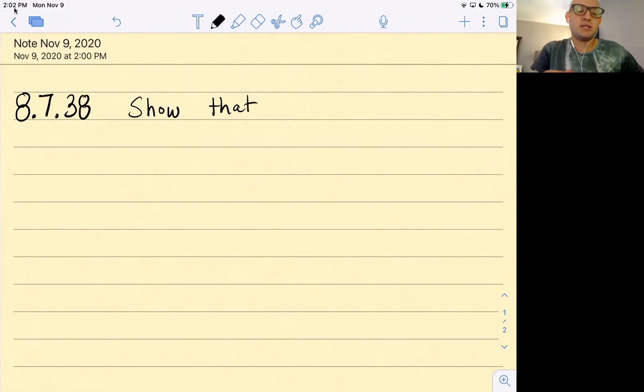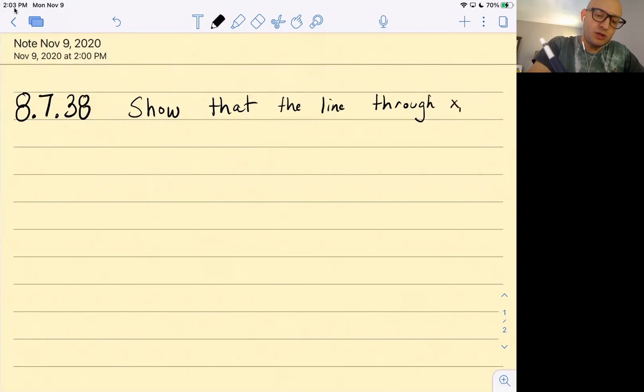It's not the most insightful answer, but we'll be able to do it. So show that the line through x1, y1 and x2, y2 has equation